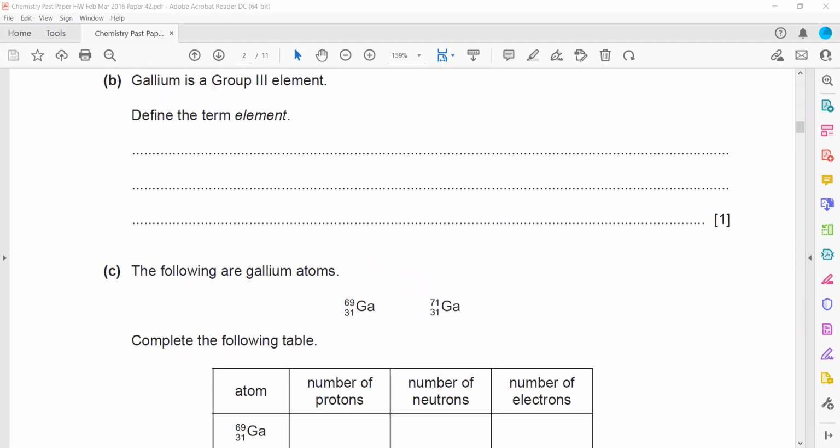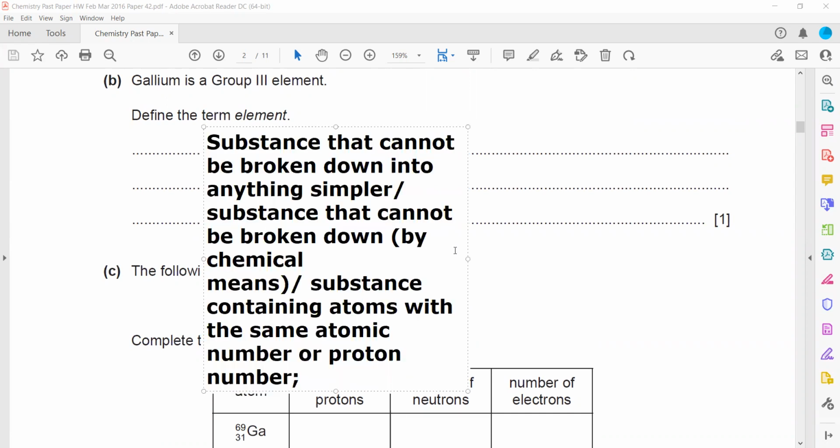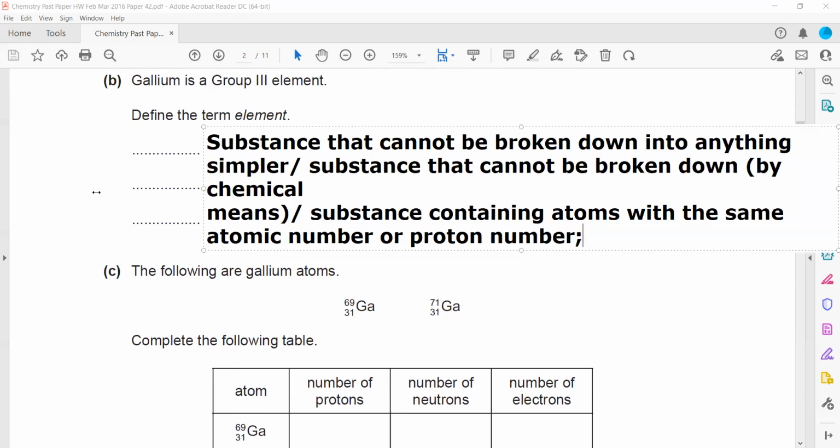So that's a standard definition, and I already shared the definitions with you. So it's better you learn the standard definition. Don't try to write the definition in your own words, because a definition is like a solid mark, so you should score those. So a substance that cannot be broken down by a chemical reaction into simpler substances, that's called an element.